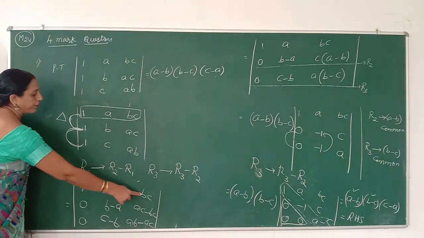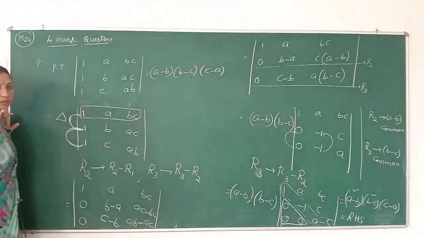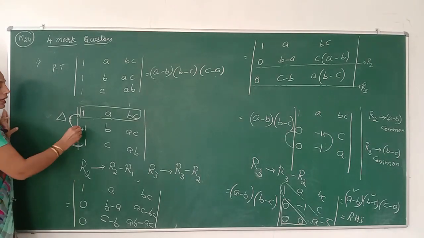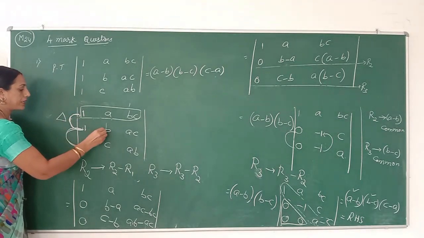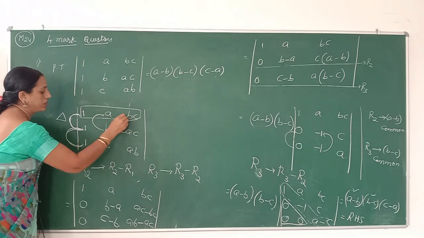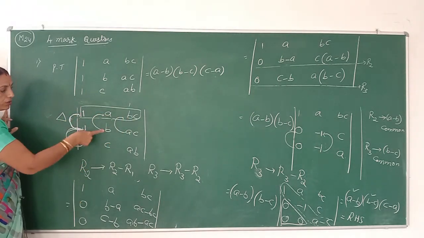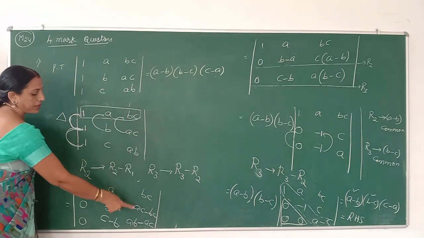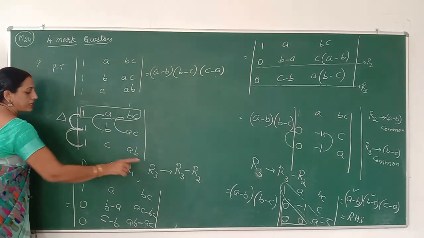So the elements of the first row, 1, 1, 1, will be fixed. The elements of the second row are subtracted with the corresponding elements: 1 minus 1 is 0, b minus a, c minus b. And r3 is also subtracted with